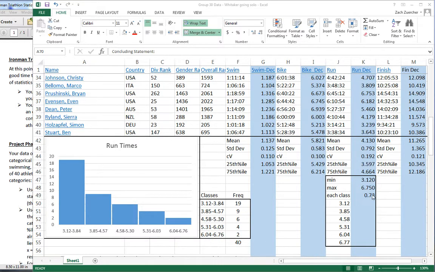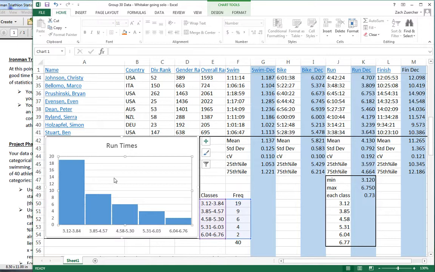Remember, you needed to make your class size a little bit bigger than this calculated width so that everything fit in that, especially in that last class. So since the maximum was 6.75, this one we went up a little bit more than 0.73, got all 40 of them in here, created this